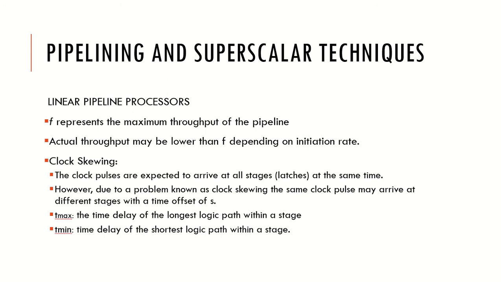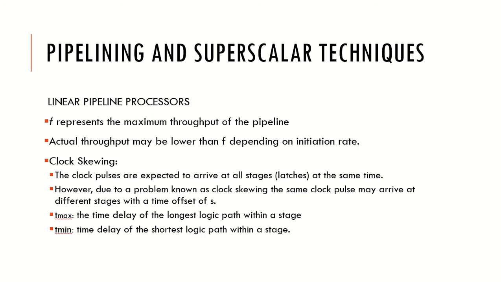Even if we expect the clock pulses to arrive at all stages at the same time, due to a problem called clock skewing, the same clock pulse may be arriving at successive stages at different timings. That difference in the time is called an offset, a time offset,